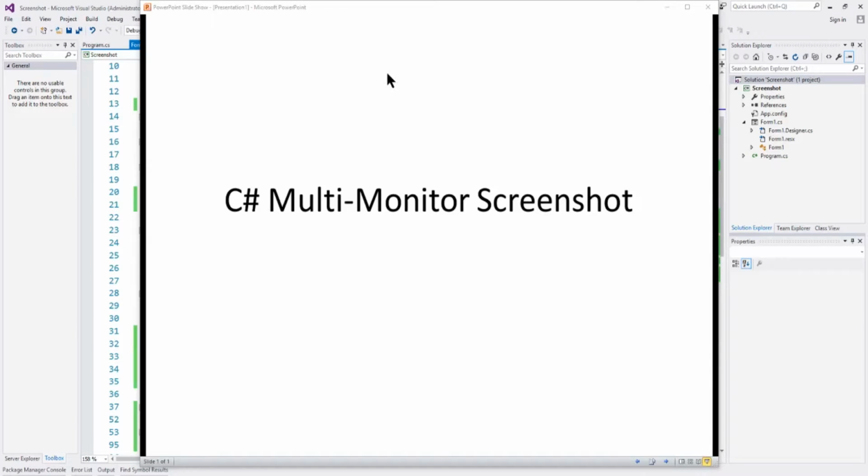Okay, in this video we're going to develop an application that is a multi-monitor screenshot. In other words, it will take a screenshot of multiple monitors. In my case, I've got 3 monitors that are each 1920 by 1080 dimensions. And it will take screenshots of each of those and put them in separate picture boxes. Okay, and we're going to get into some other stuff we're going to discuss, but that's the main goal of